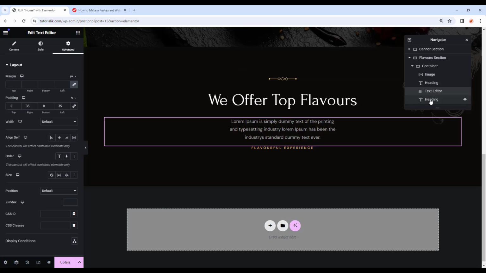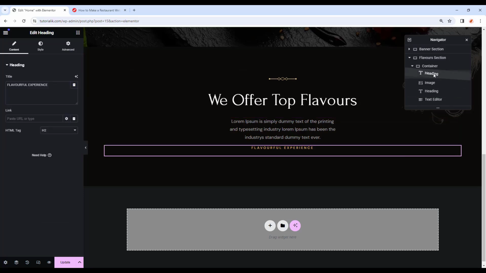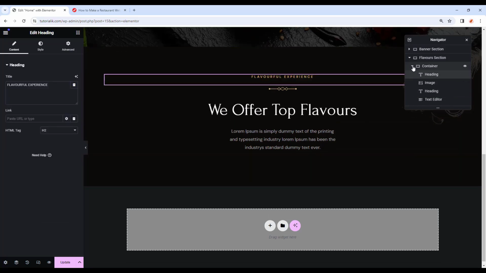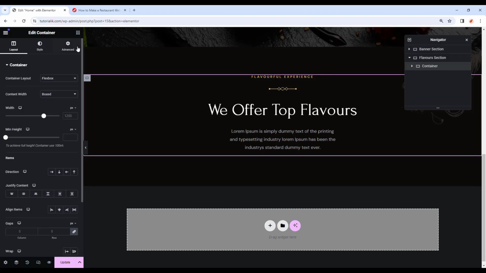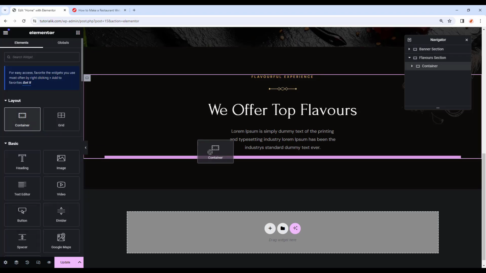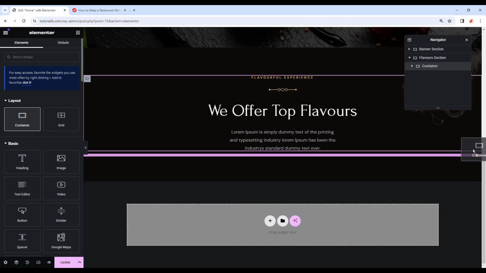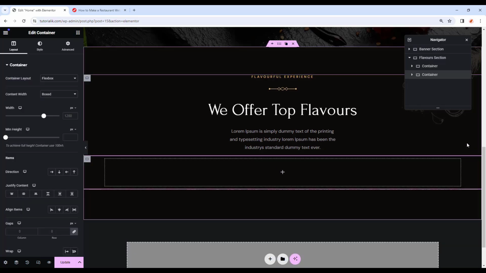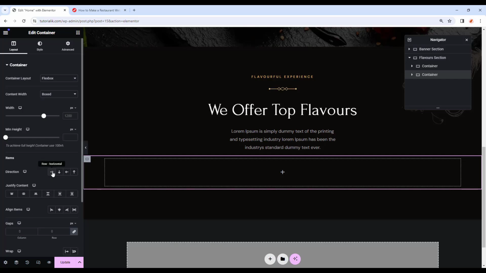And let me just readjust the elements like this. And now all the elements are inside this container of this flavorful section. Now from the grid icon, let's add another container underneath or after this container like this. Now let's make this container row directed. Then here we have to add some width like